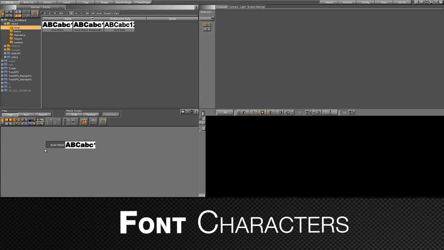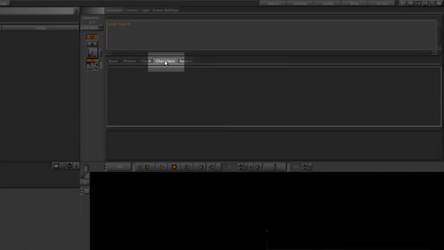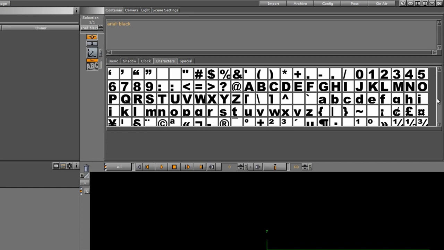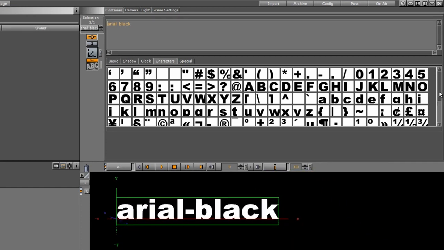Okay, we're going to talk about the font characters within the font editor. So if we drag a font down into the scene tree here, we have a tab here. It's called characters. And every font has its own characters here. So this is really helpful because it's a quick way to get some special characters into your words of text